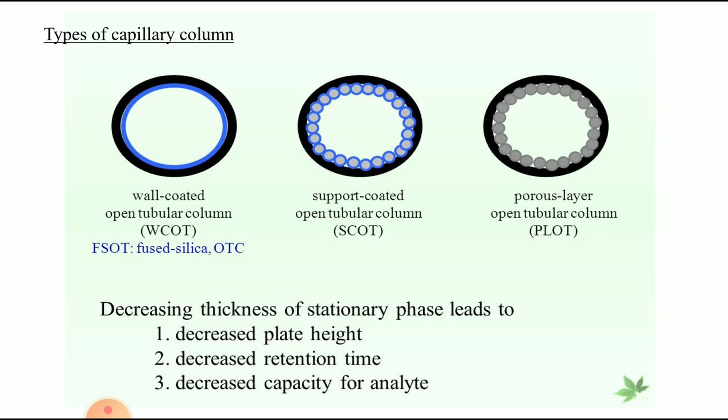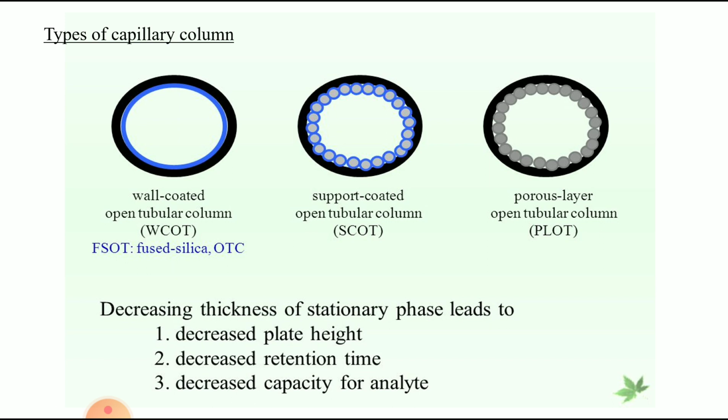Types of capillary columns. In general, three types of capillary columns are used nowadays in the pharmaceutical industry: wall coated open tubular columns, support coated open tubular columns, also called as SCOT columns, and porous layer open tubular columns, also called as PLOT columns. In wall coated open tubular columns, the inner surface of the column or capillary is coated with a liquid stationary